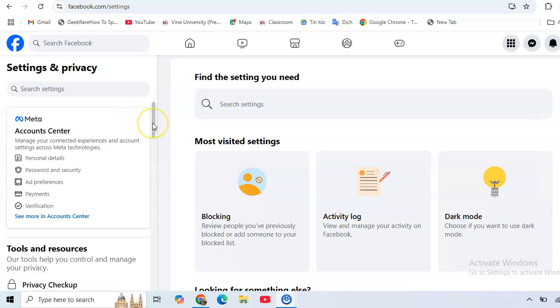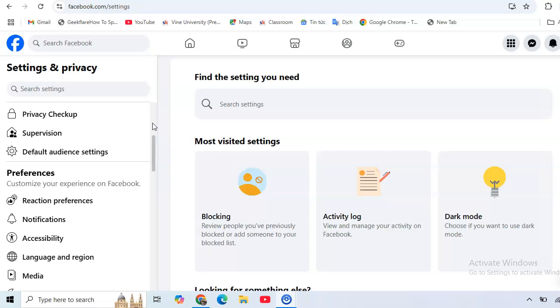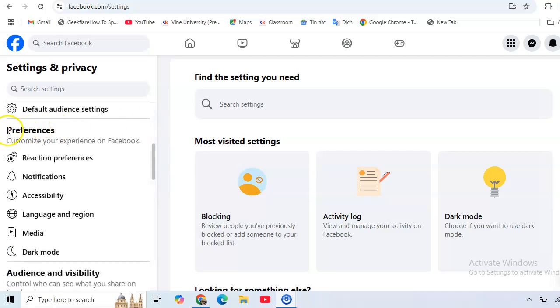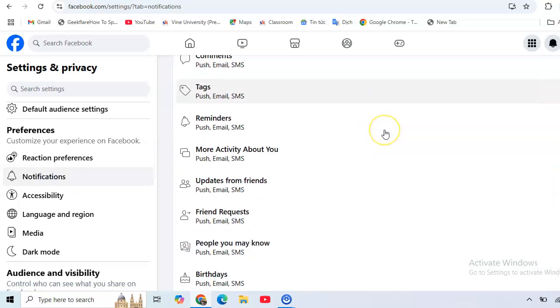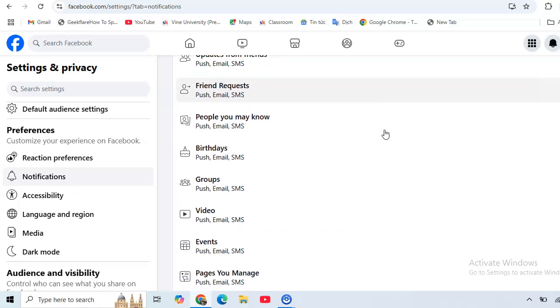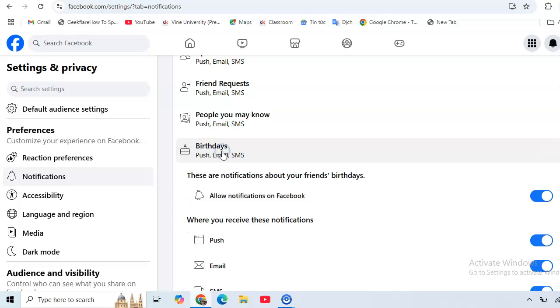And then here in the left sidebar, just scroll down, and you see here Preferences, Reaction Preferences, and then Notifications. Click on Notifications. And after that, just scroll down, and then you see Birthday. Just click on it,